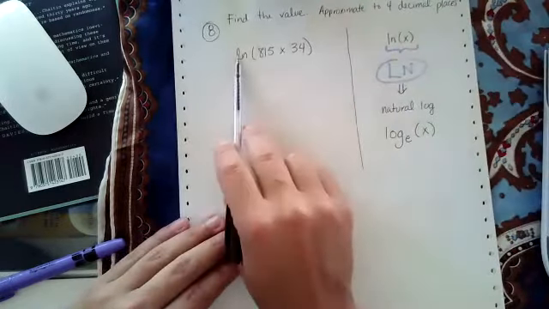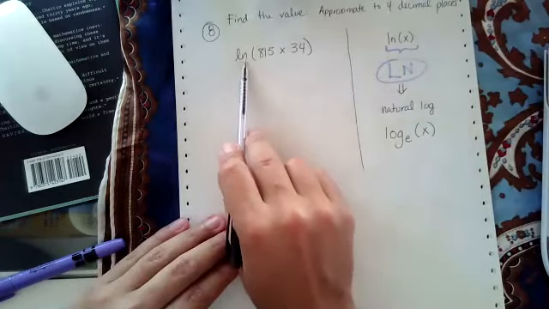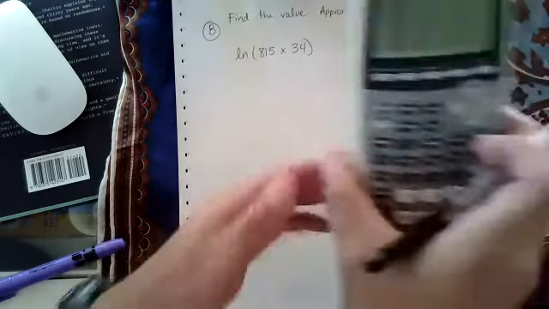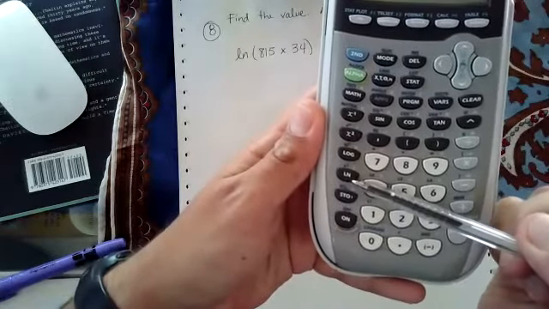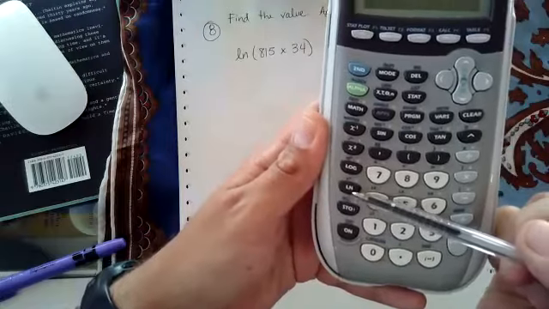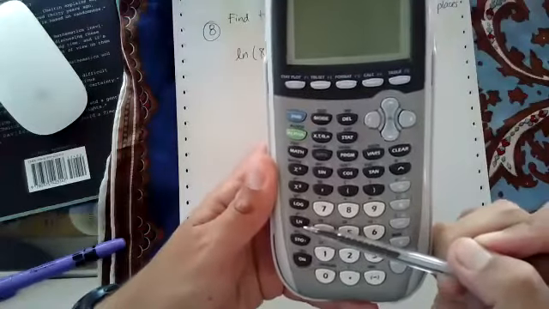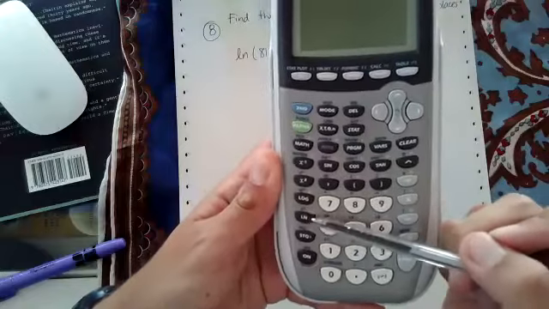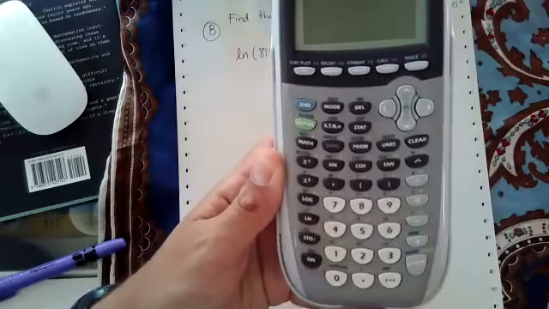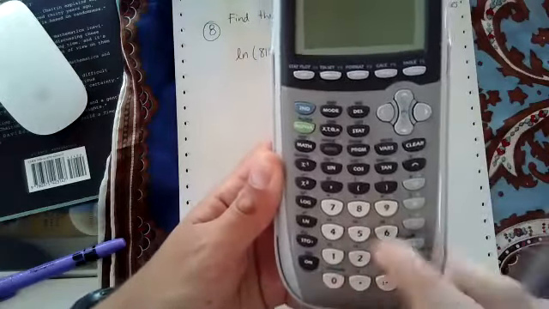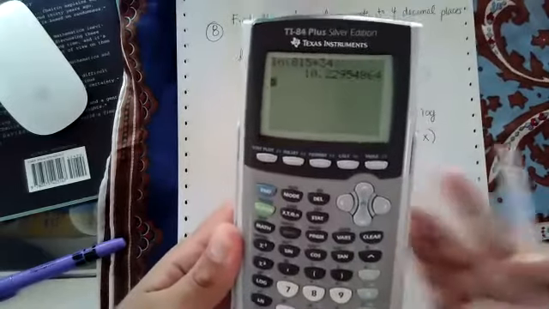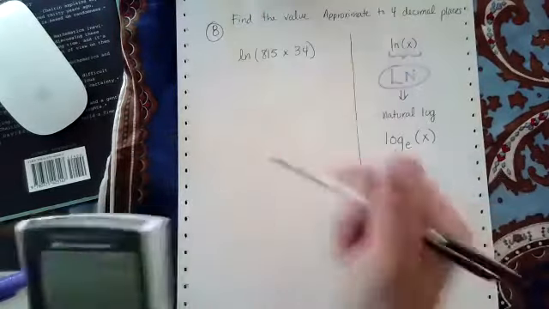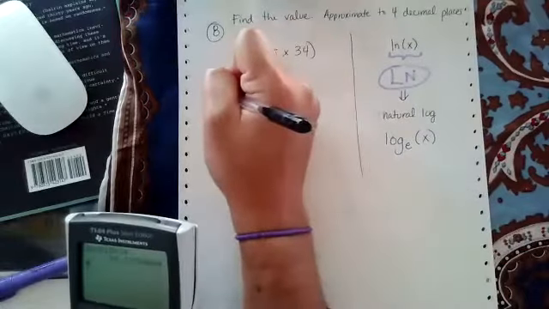So when we evaluate something that has an ln, we're going to use the ln button, which typically your calculator has alongside a common log button. This is just like evaluating those common log problems that we looked at at the beginning of class. We're literally going to just type ln of 815 times 34, close up our parentheses, and then hit enter. So this should be approximately equal to